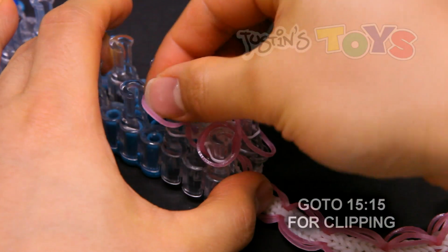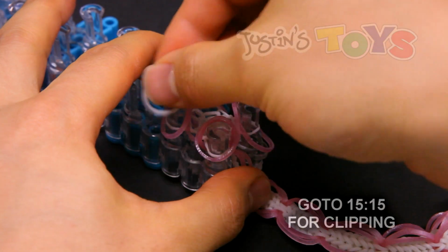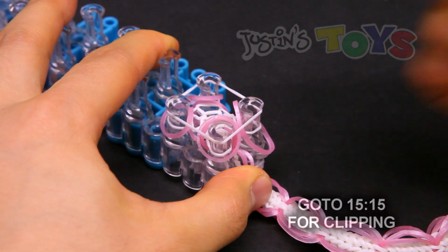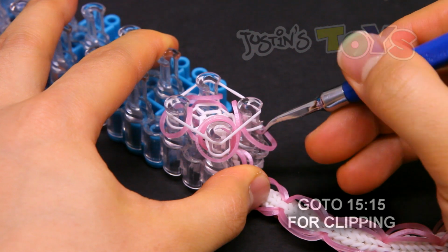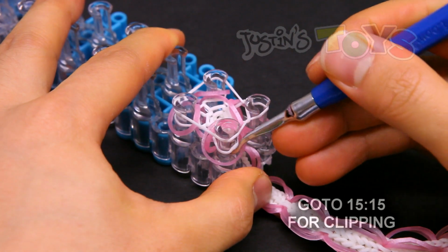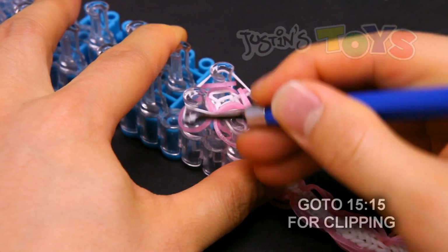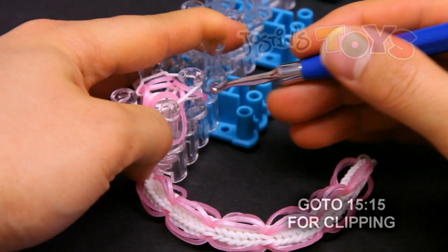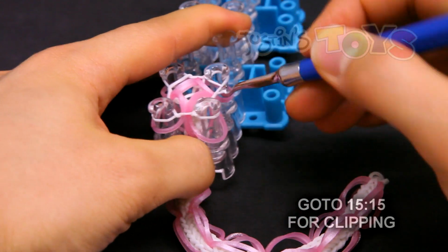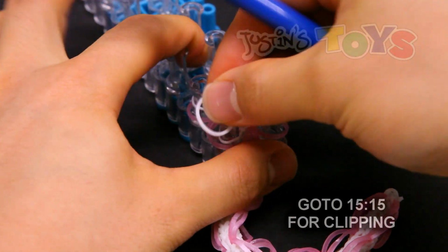3, 4, then grab another white, place it on top, and bring up the white bands from inside the pinks. So 1, 1, 1, inside the pink, 1, push down, grab another white,